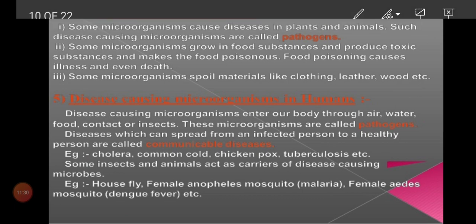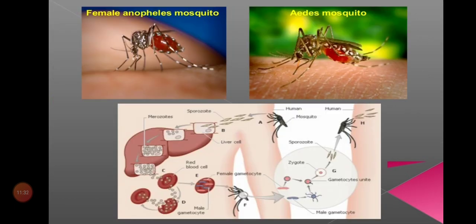Next we'll move on to the next slide. And here you can see the structure of the female Anopheles mosquito. Here we can see the leg of the Anopheles mosquito. We can see white and black patches, and even on the body we can see white patches. So if this female Anopheles mosquito bites, only then will one get a disease called malaria.